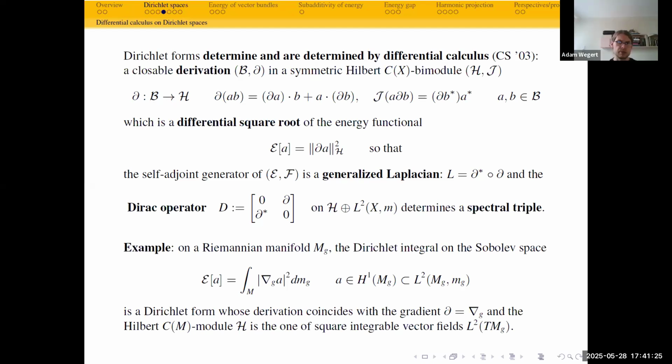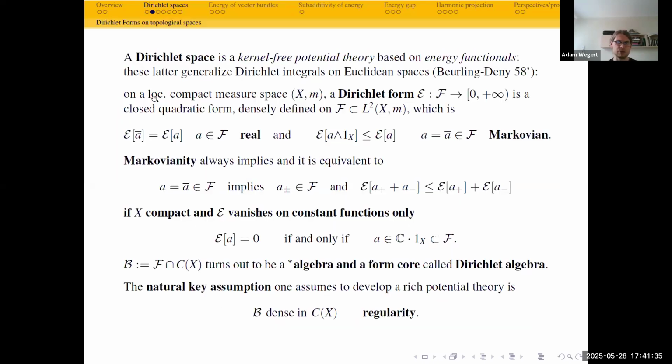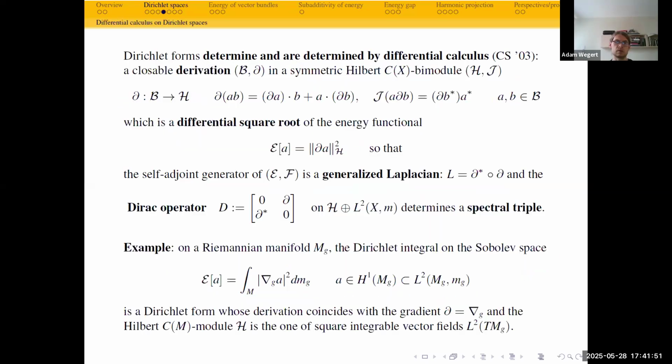And what is the relation between B and L2 of X? B is somehow an algebra of operators on this L2? I'm lost. Is this an algebra? Okay. So this F is an algebra, the domain of the Dirichlet form, so it's a subspace of L2. Okay. And also one can form by this formula what can be called a Dirac operator, which on a